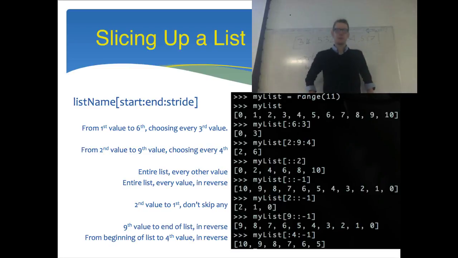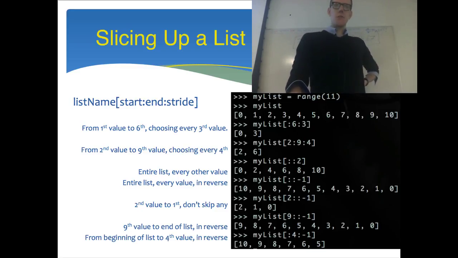Okay, so we've seen some examples of these, but I just want to make sure that everyone understands how to grab different parts of a list, including how we could have done the reverse slightly differently. So if I have a list that is the range 11, we know that that's going to be all the numbers from 0 up to but not including 11. I can then